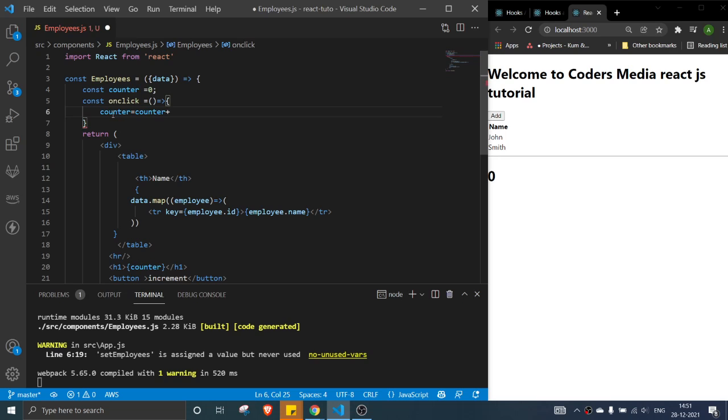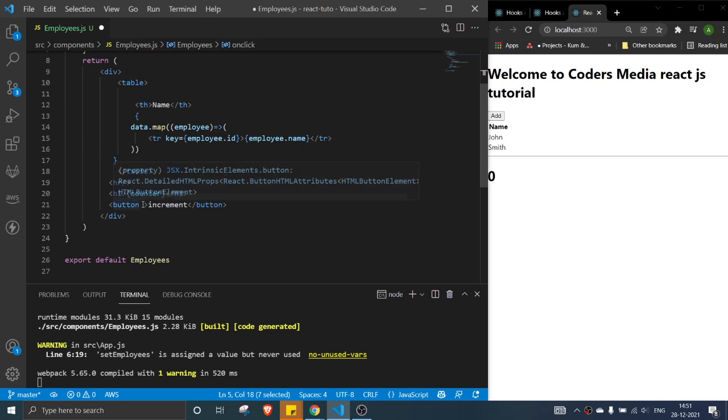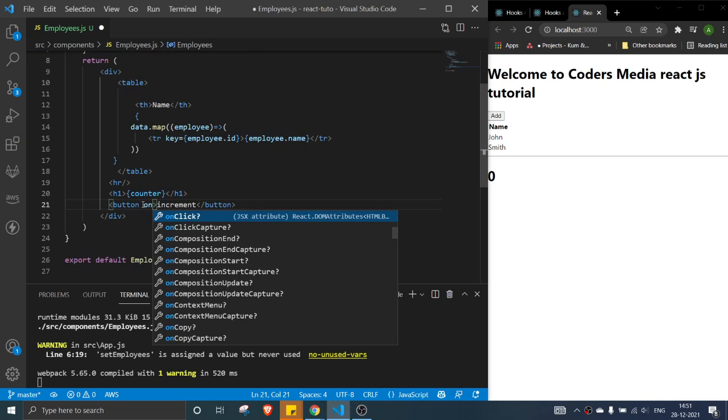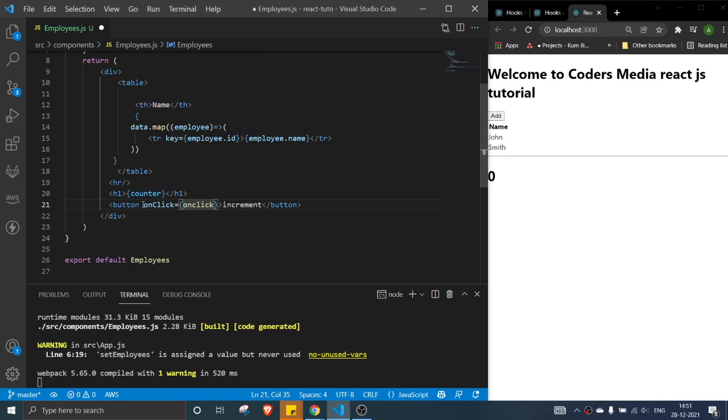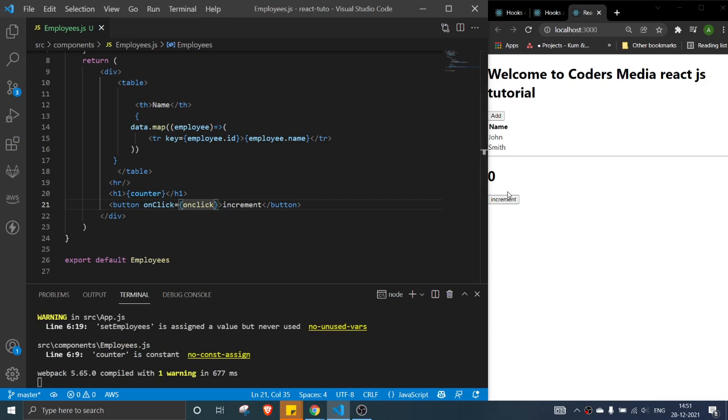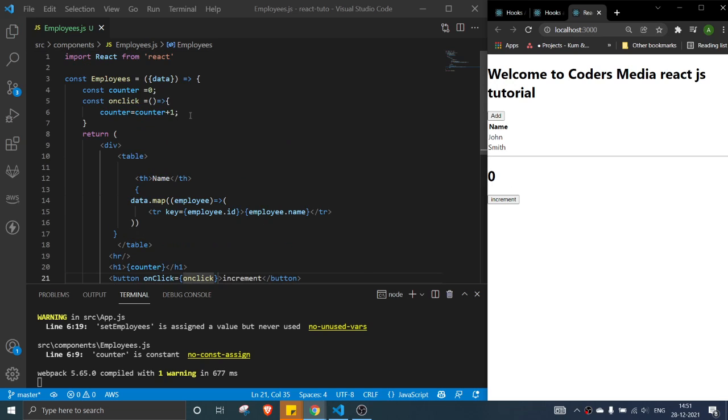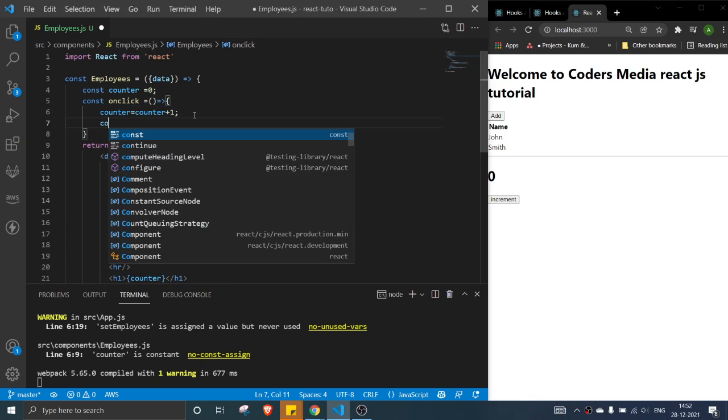So normally this is what we do to increment by one, and on button click we call it. But when I try to increment, it's not getting updated in the DOM. We can see that the value got incremented in the console.